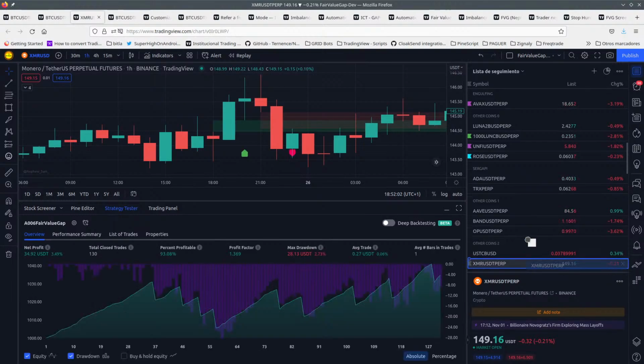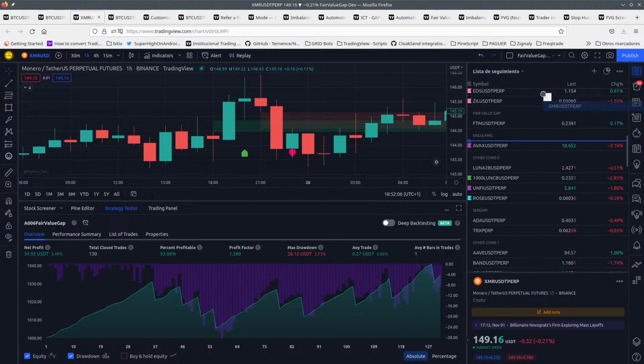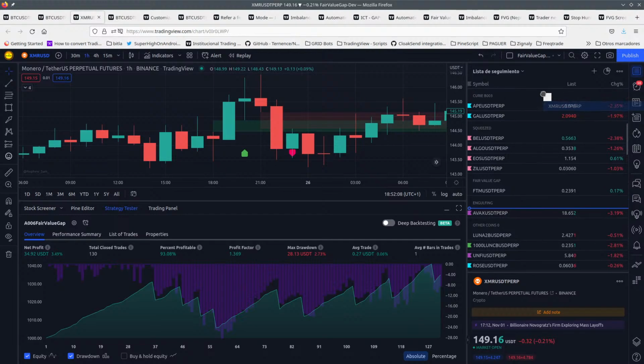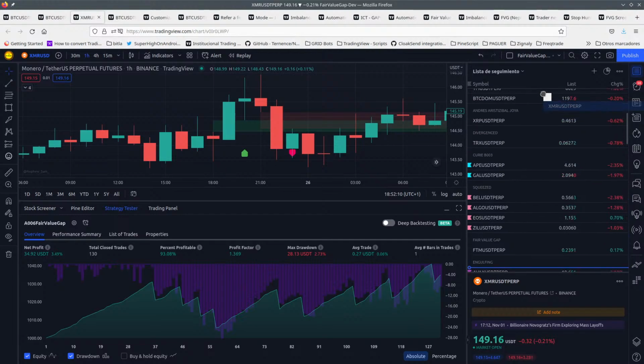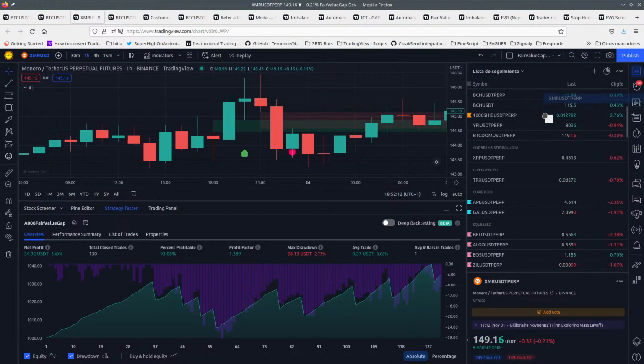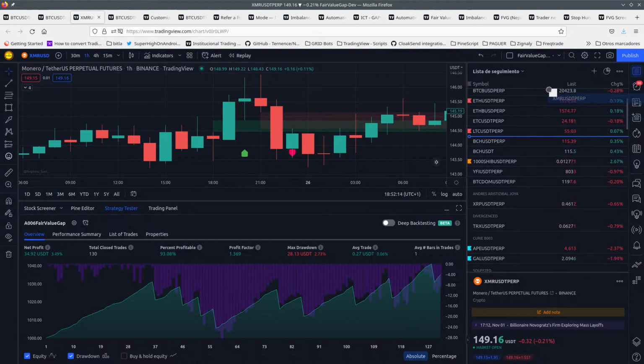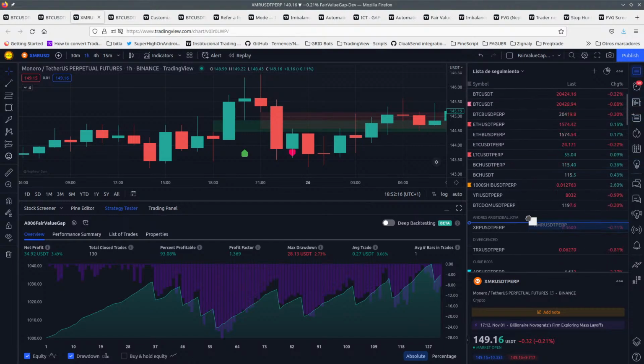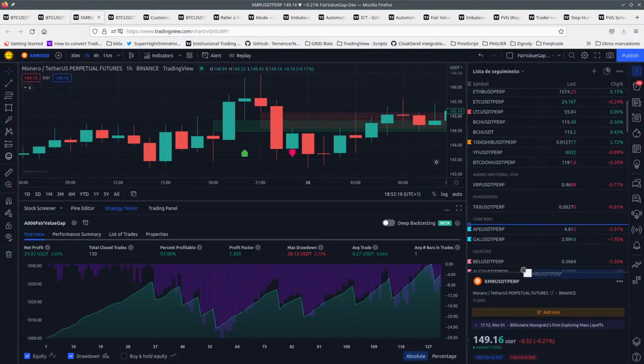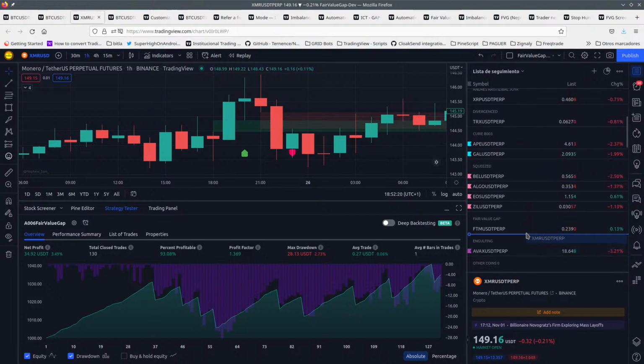Yeah, XMR. That makes sense because it's quite difficult to move XMR. My hypothesis is that everyone that has black money is there. So where is my... Here it is. XMR FTM